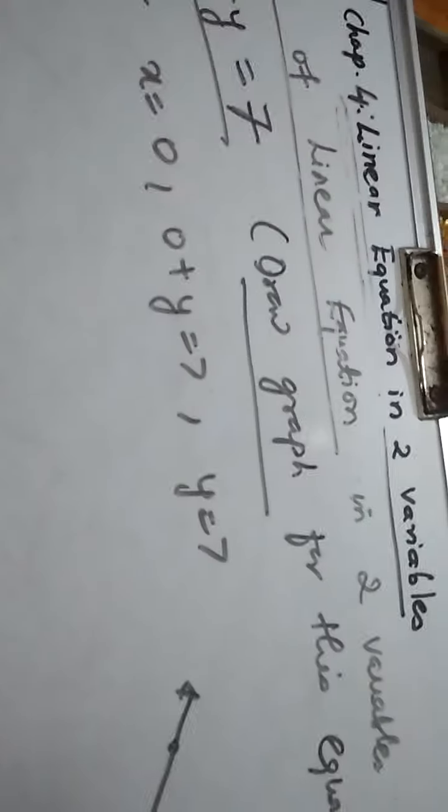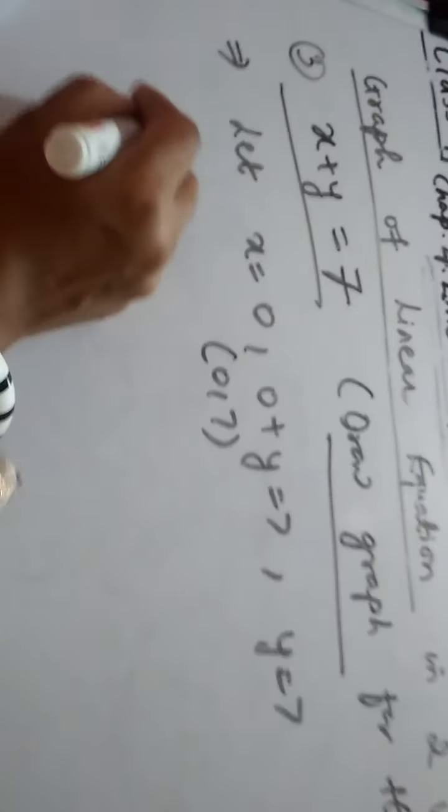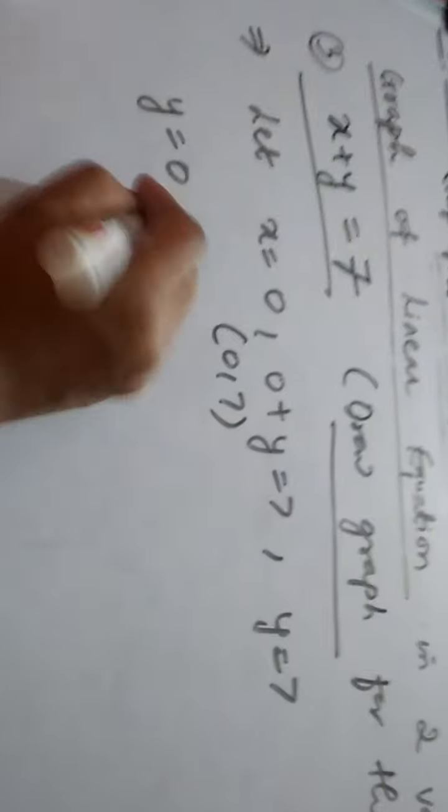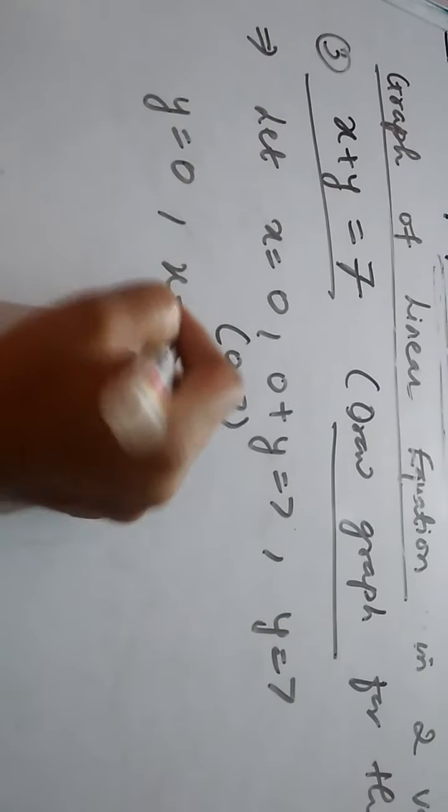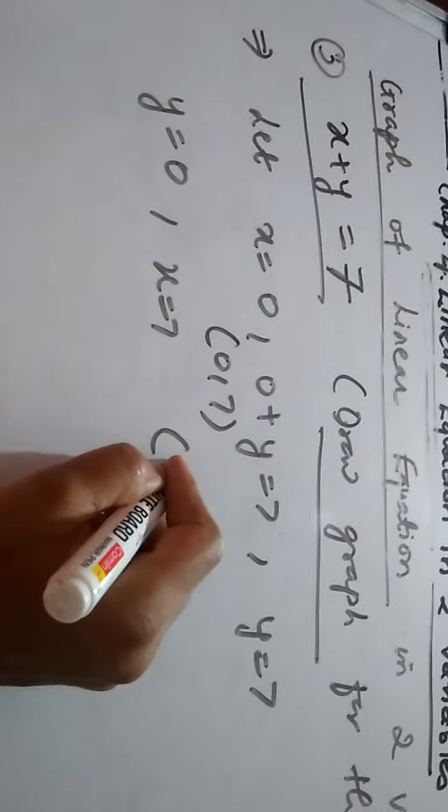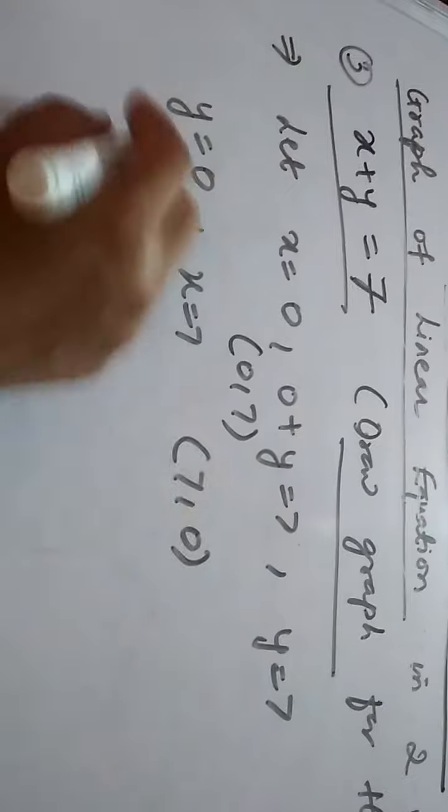ठीक है, कम से कम 2 पॉइंट तो चाहिए ही. सिर्फ एक पॉइंट से तो लाइन जाएगी नहीं, तो कहाँ जाना है उसको वो पता नहीं चलेगा. तो कम से कम 2 पॉइंट चाहिए लाइन को लोकेट करने के लिए. तो मैंने एक पॉइंट फाइंड कर लिया 0,7. फिर दूसरा पॉइंट के लिए क्या करेंगे, y=0 डाल देते हैं. तो क्या आएगा, x=7 आ जाएगा. दूसरा पॉइंट मेरा क्या आया, 7,0. तो ये 2 पॉइंट्स लेके हम लोग लाइन ड्रॉ कर सकते हैं. You draw it on the graph paper. I draw this directly for you over here.